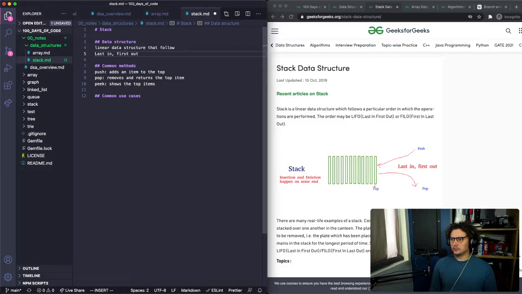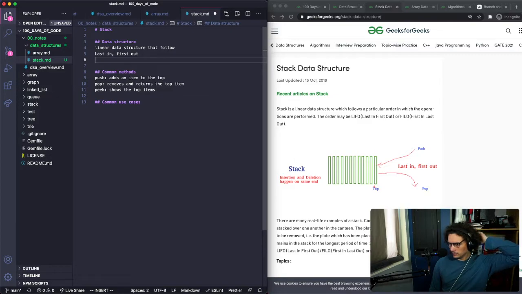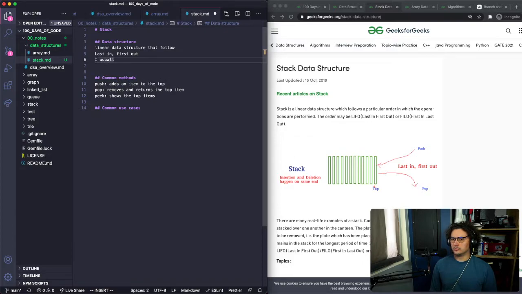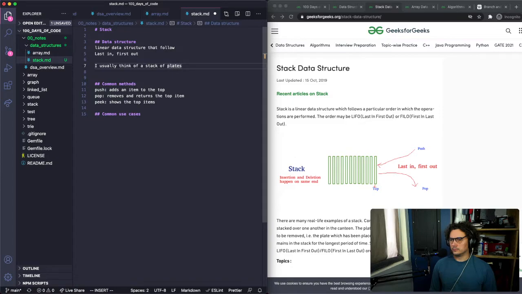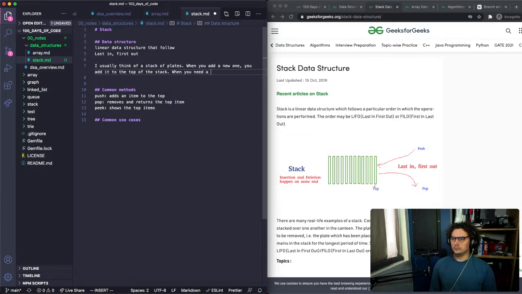First out. It's the best explanation I've got. Stacks of plates.